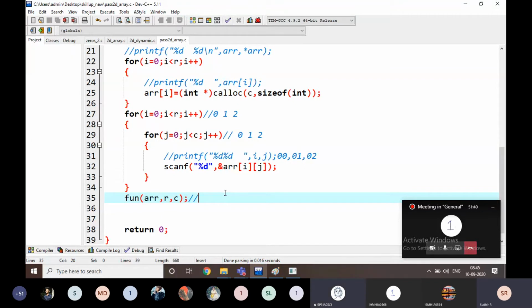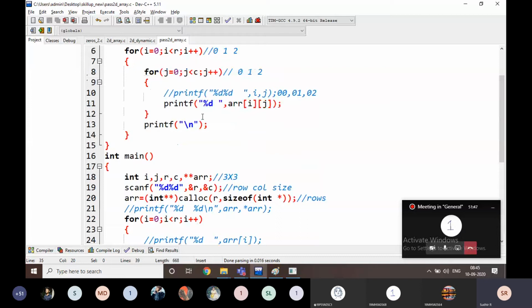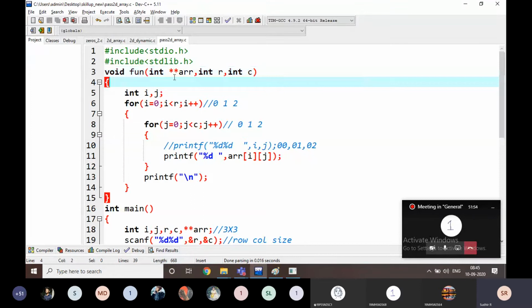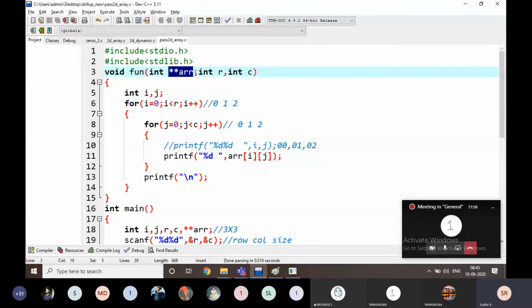Address of another address value. Yes, address of another address, right? That's why I am taking a double pointer here, not a single pointer. That is not a single address. That is the address of another address. That's why I am taking a double pointer here. Okay, and the remaining two are integer values. That's why I am taking like this.